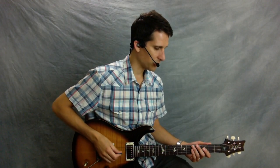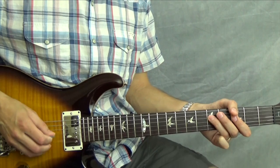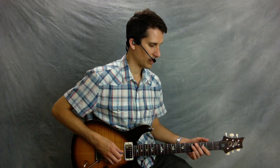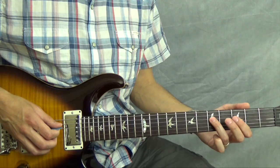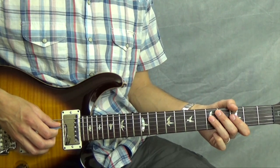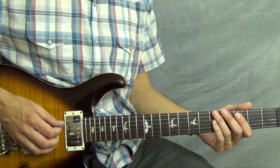And as you look at the music, I've got it in front of me here, it actually starts on the and of 2. So you rest on beat 1, you rest on the first half of beat 2, and then you start on the upbeat of beat 2. Sounds like this. So you have 1, 2. And from here, you go back to the 5th fret of the 4th string. That's your tonic pitch G. So that whole first phrase is...